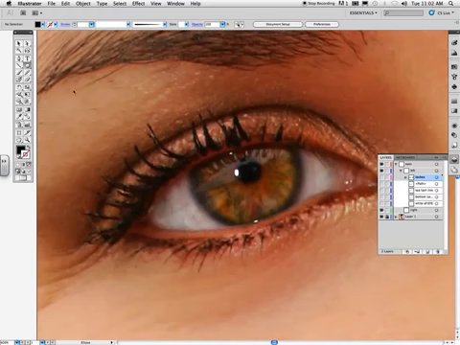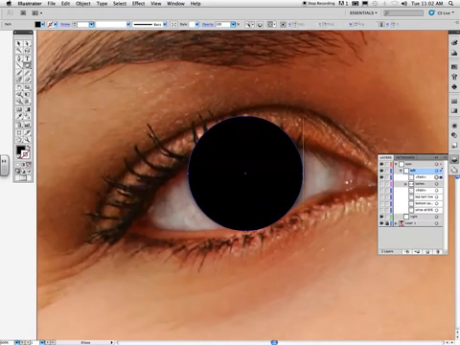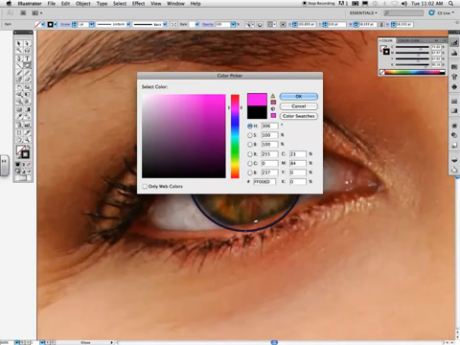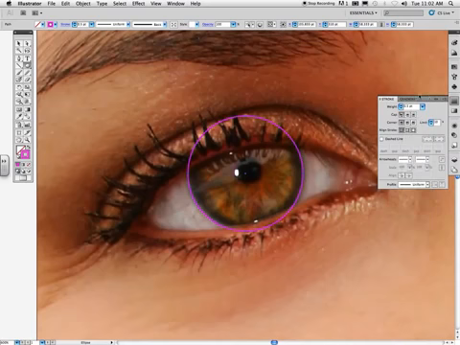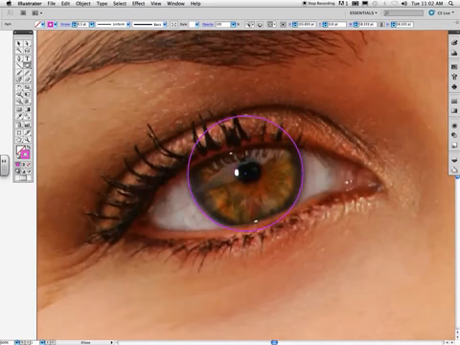I will get my Ellipse tool and make sure my left layer is selected, and holding down the shift key I'm going to create a perfect eye like so. Okay, that's not cool. I'm going to change it back to that bright pink color and make sure its stroke is 1.5, make it nice and skinny so you can see what you're working on here. And then I will select what I'm working on and make a copy of it and paste it in front. Command C for copy, Command F for paste in front,